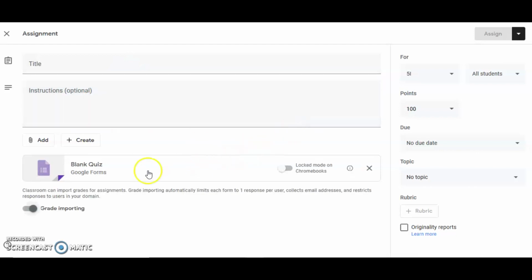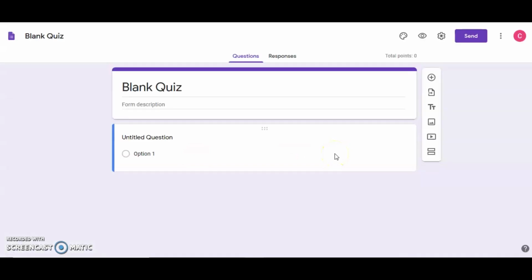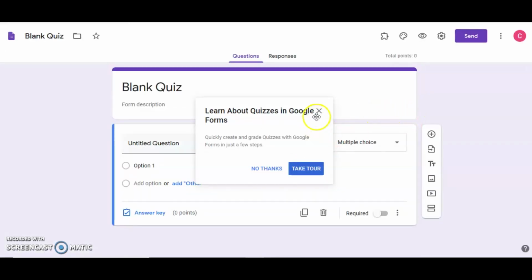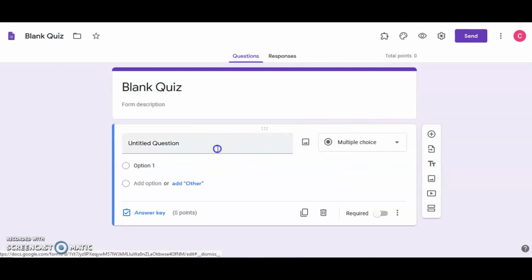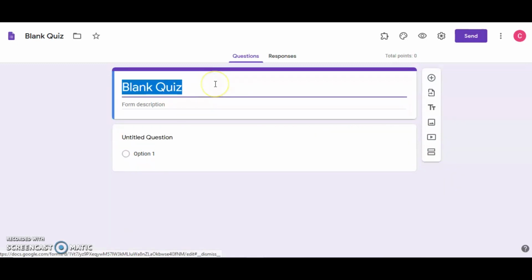Once the blank quiz below is ready, just click it, and it will pop up a new page to create your questionnaire. Type in your topic and description. You can start to create the questions that you want. After creating the question and answers,